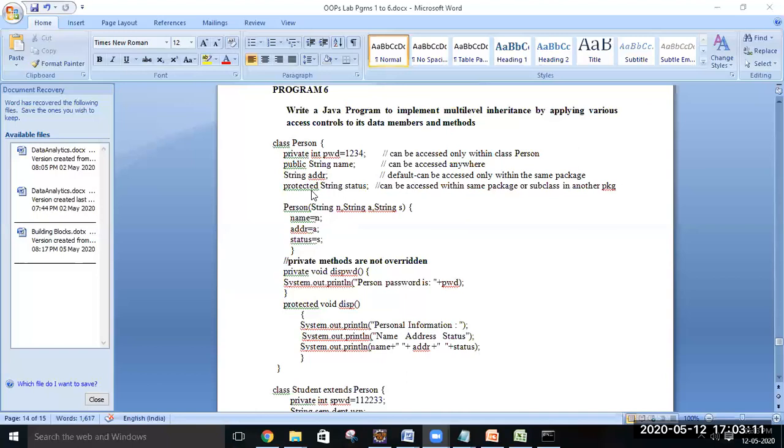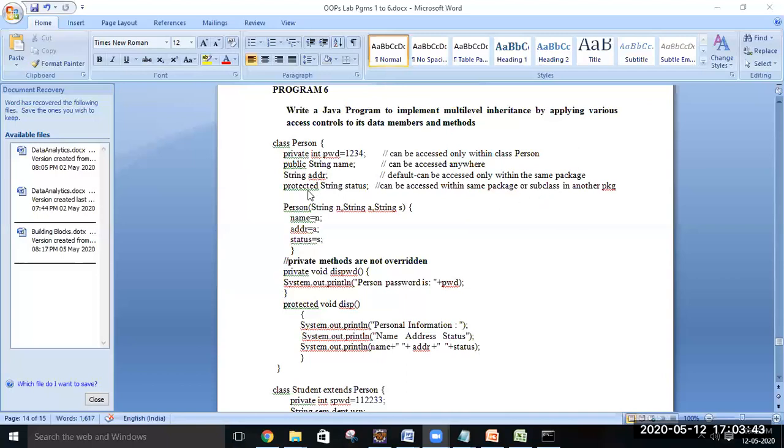Next is protected. Protected comes into the picture along with packages also, and it mainly deals with inheritance. If a data member is declared protected, it can be accessed within the same package. If it is in another package, it can also be accessed, the only condition being that it should be a subclass. There should be a parent-child relationship.